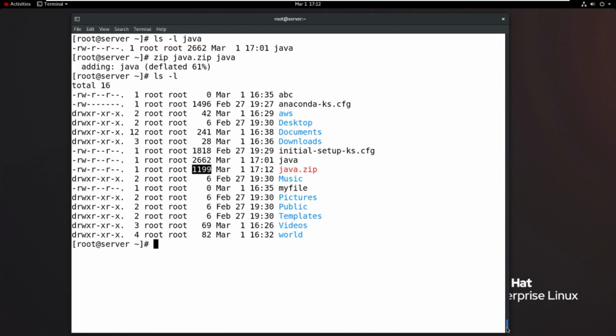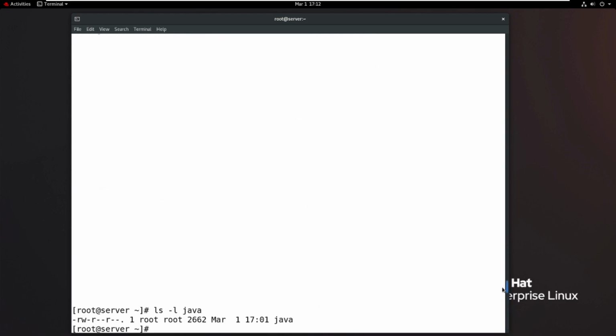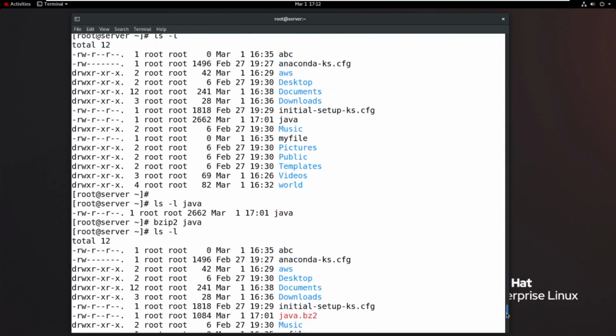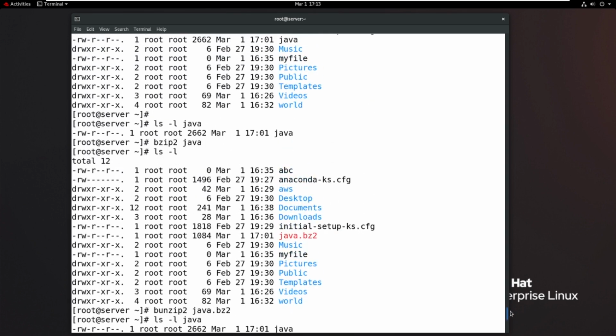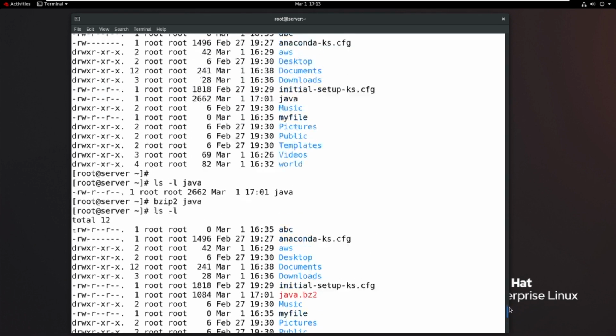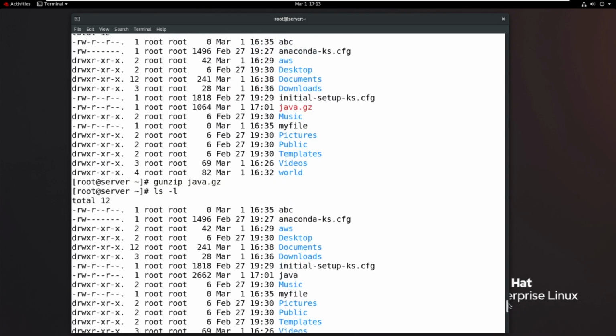See that the differences are, the first one is java.gzip. 1064 is the size.